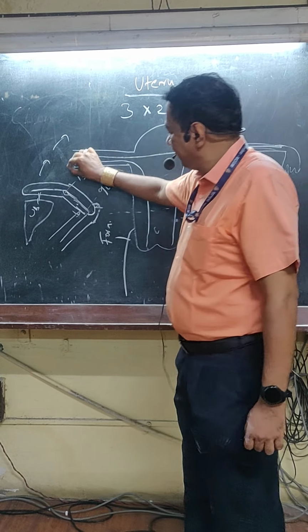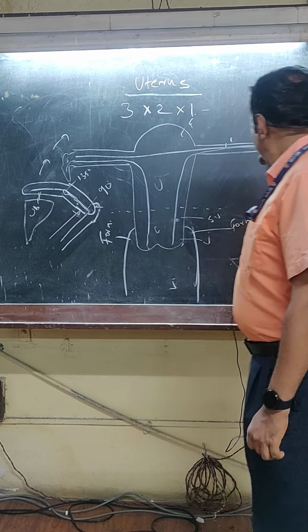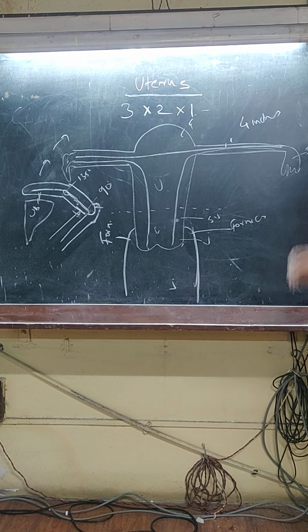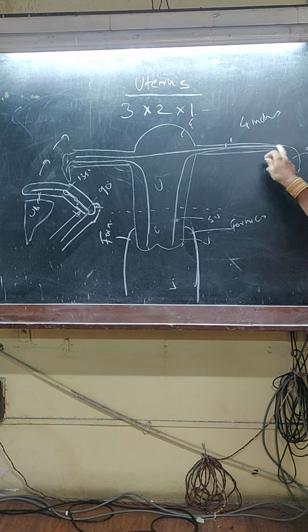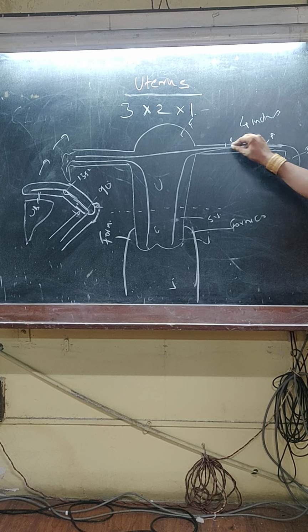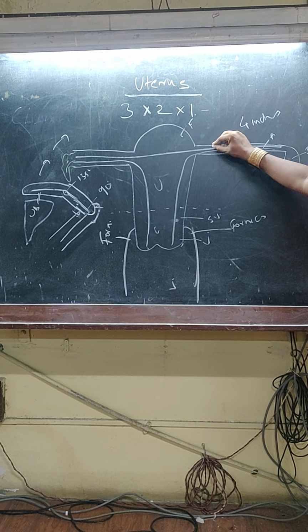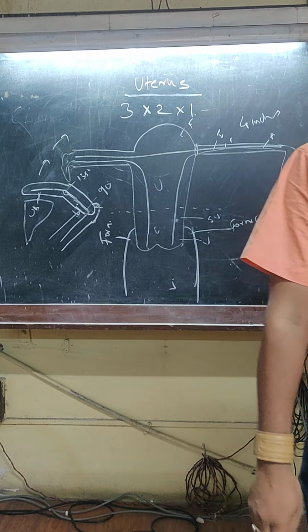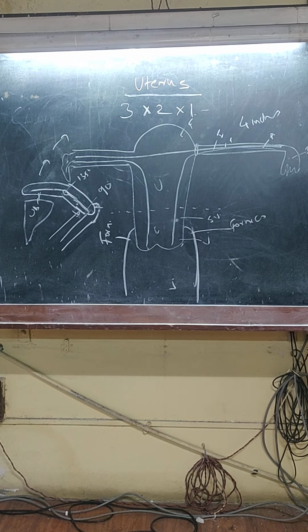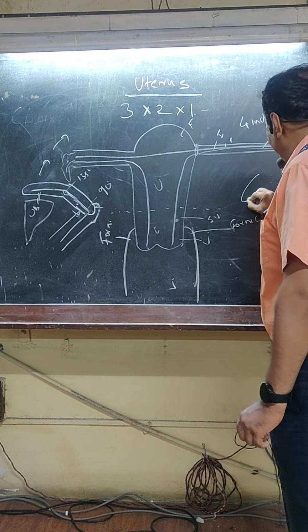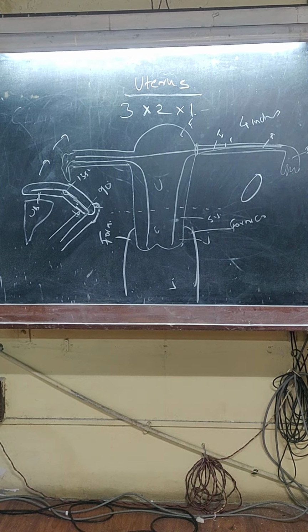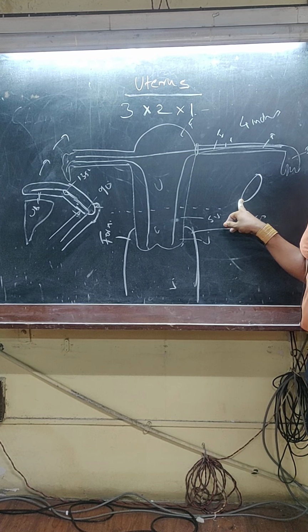Let this be known. The uterine tube is how long? 4 inches. Infundibulum, ampulla, then isthmus. These are the three parts. Infundibulum, ampulla, isthmus, and the ovary is here. In a nulliparous female, nulliparous meaning one who has not given birth to a child, the ovary is like this.